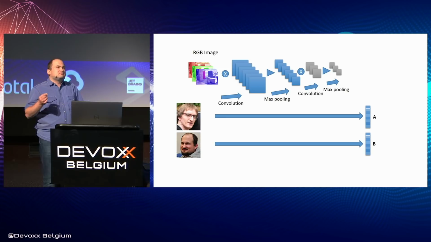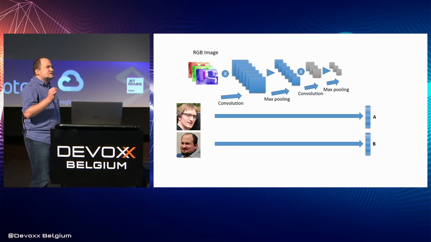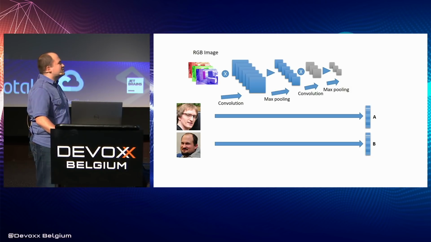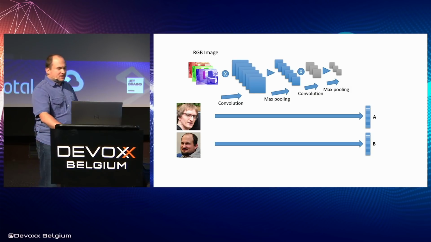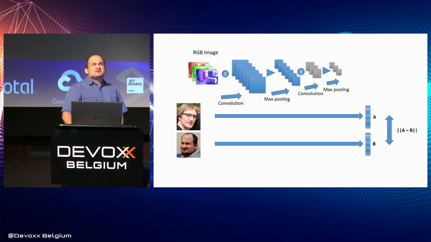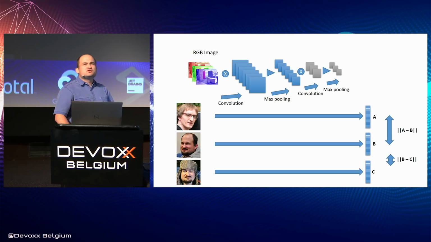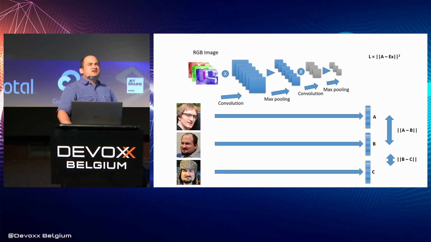But these are not random feature vectors. They should be really well designed to distinguish these two persons. Which means that if we calculate Euclidean distance between these vectors, for two different persons it should be maximized, and for faces of the same person it should be minimized. So, a normal network, we train by minimizing the distance between the actual output of the network and a label that we have in the dataset. And this network we are training in a different way.